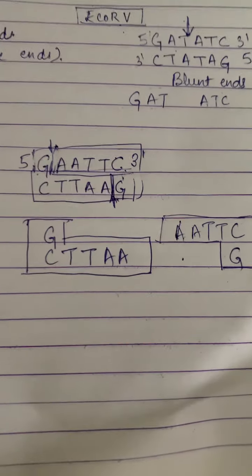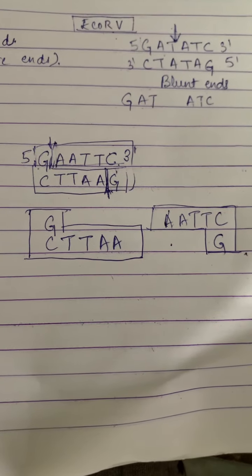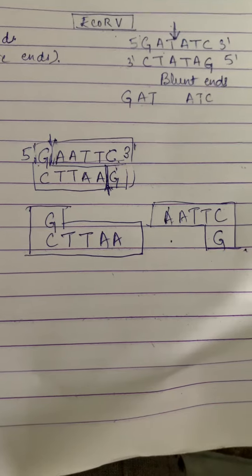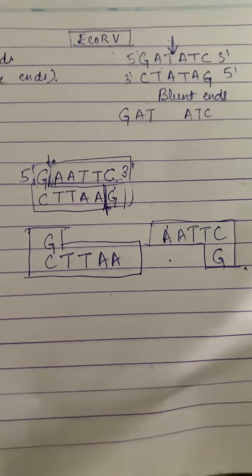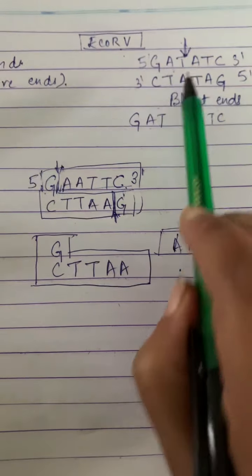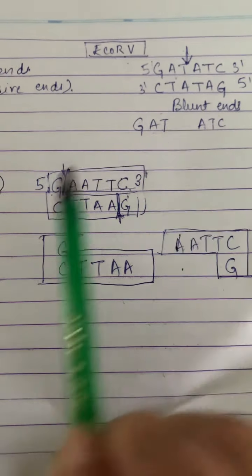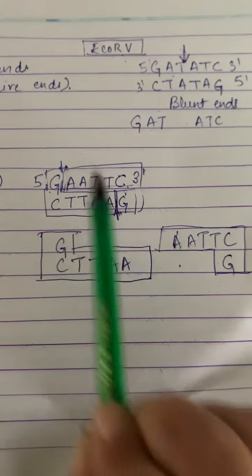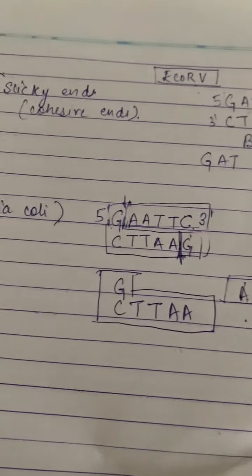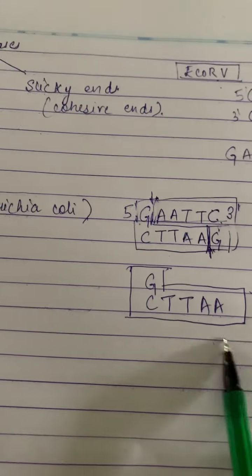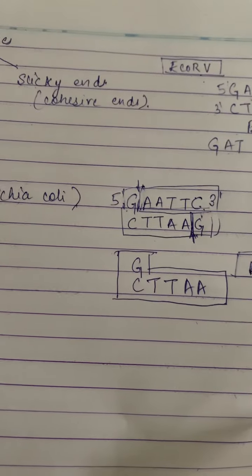I am going to repeat this briefly. The restriction endonucleases will give two types of cuts, blunt ends and sticky ends. If the restriction endonucleases cut in the center or in the middle, then it will give rise to blunt ends, but if they cut at the sides, then it will give rise to sticky ends. Clear? Now you have the different fragments of the DNA. So next what will you do?